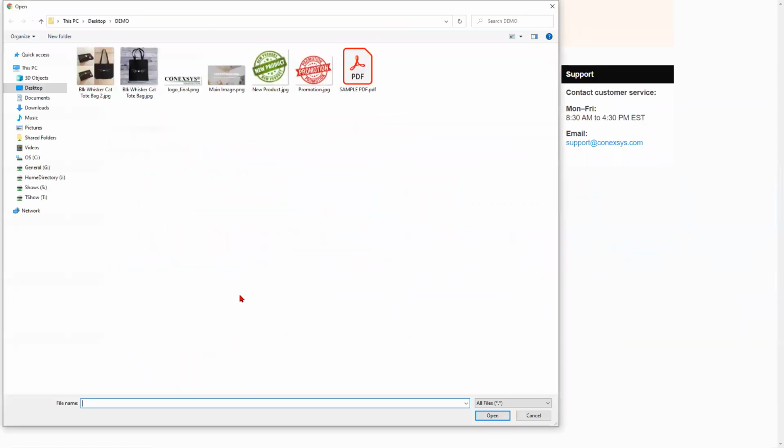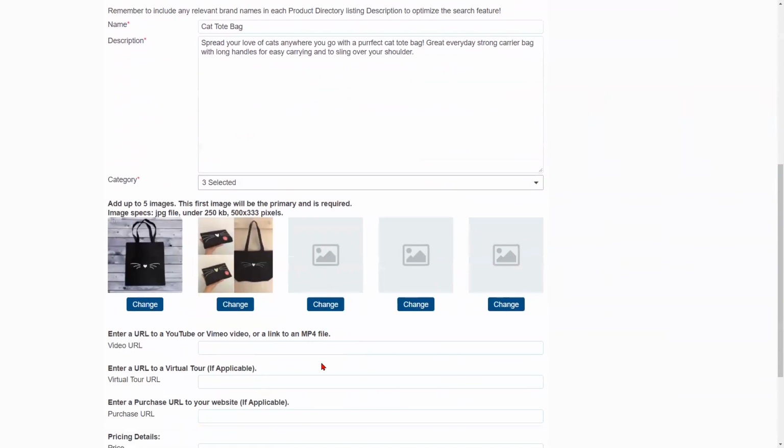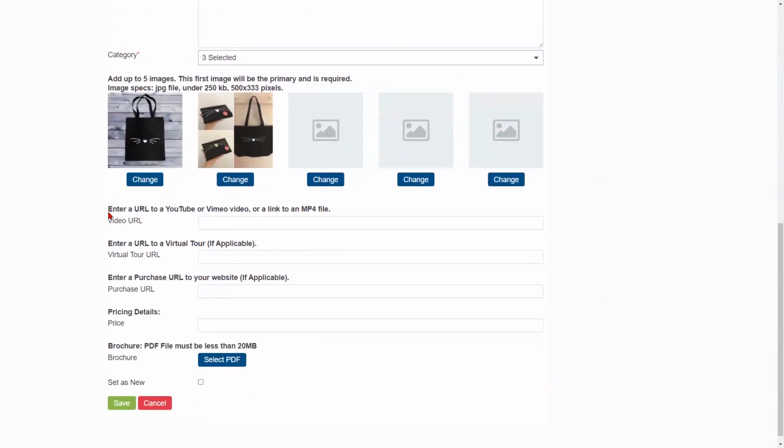I'm going to go ahead and upload 2 versions of 2 pictures for my sample listing here. And underneath the pictures, you'll see a number of other optional opportunities as well to enhance that listing. If you happen to have a video link that perhaps specifically is a video pertaining to that product, you can include that link here. If you have a virtual tour or something similar that applies to your product, you can